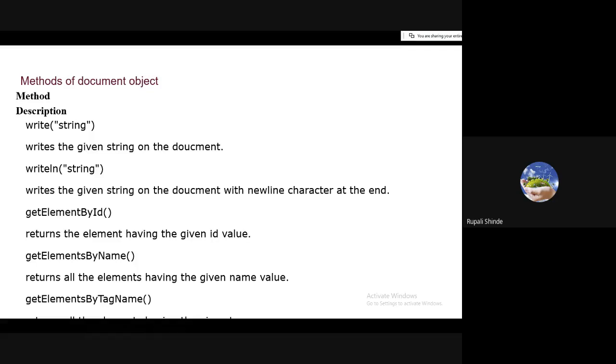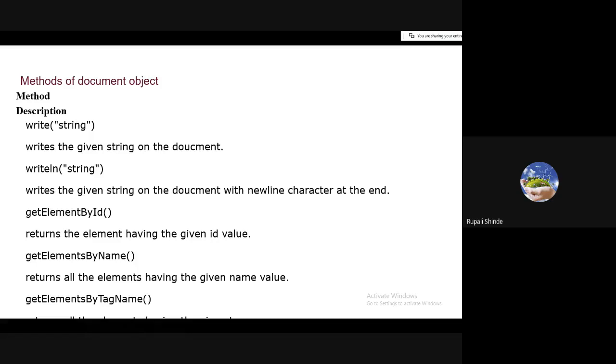So the methods are write string. By using that, we write the given string on the document. Then return length, where we specify the string; it returns the length of the string. Then getElementById returns the element having the given ID value.